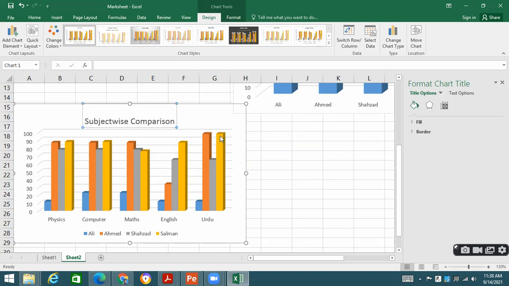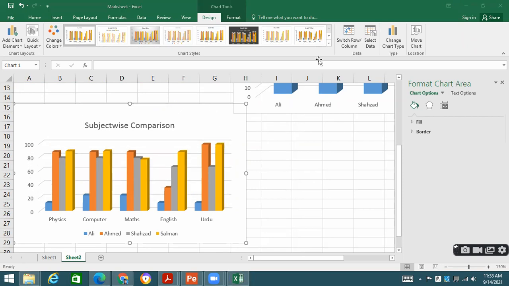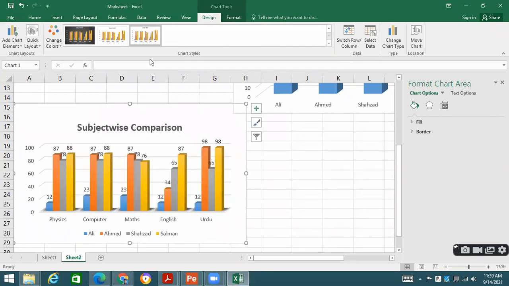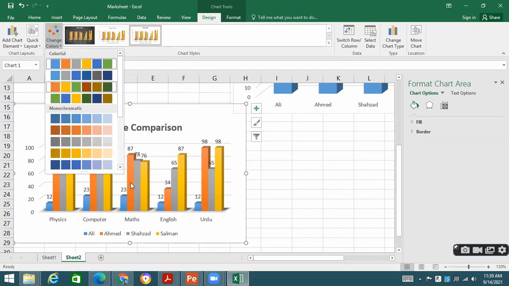If I want to change the color scheme, I can go there and change to some other color scheme, just like this one. It is also showing me the format. This is the design of the chart which has appeared. I can take any of the good designs in which I'm interested. If you want to change the colors, these are blue, orange, gray, and yellow. If you are not interested, you can go and check these colors.